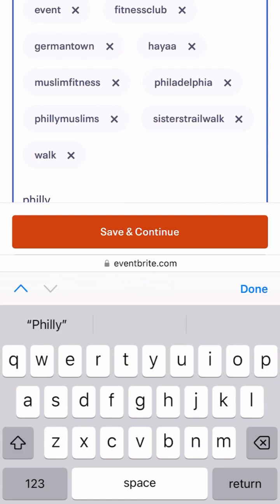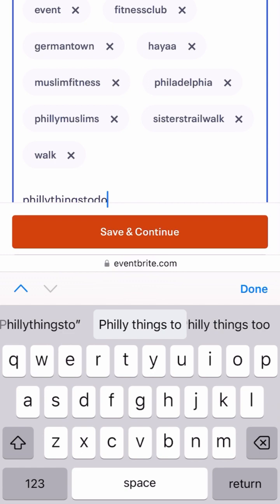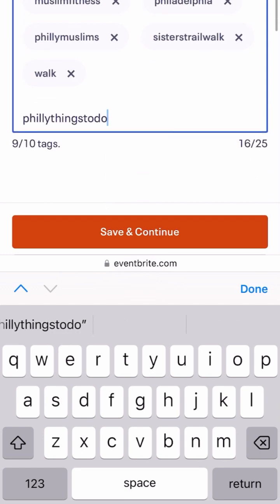So you can see I'm trying to go through them and then also delete some, but yeah, it will only go up to 10 as far as those hashtags, so those tags there.